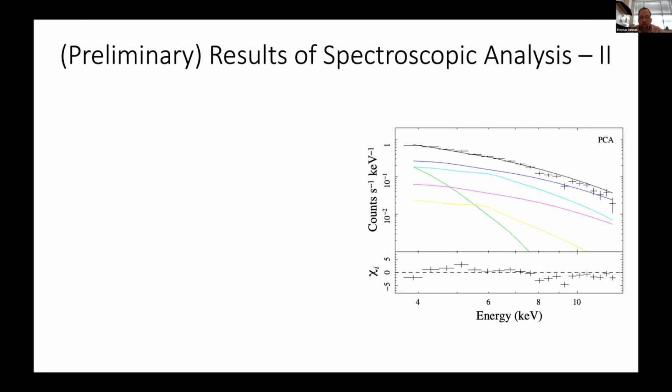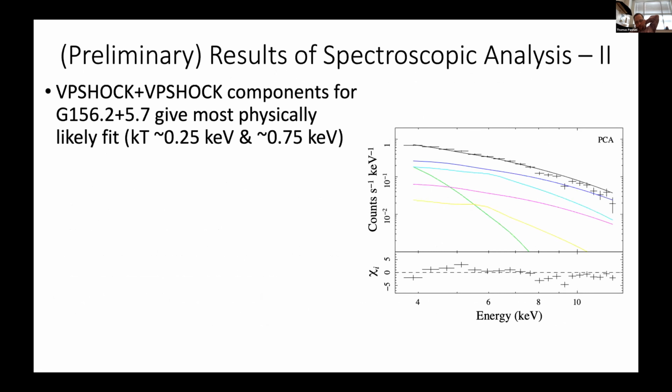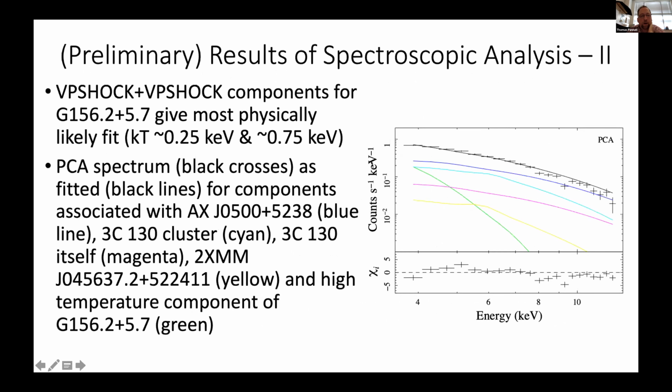This panel shows a fit to the spectrum. The black line is a combination of all the emission which we see across the PCA, and the other colored lines show the emission from all the different components. We found that the best fit was from a VPshock plus VPshock model, and what we could see is,